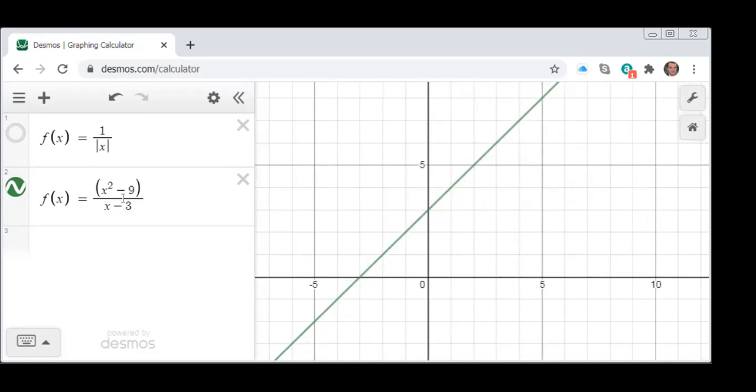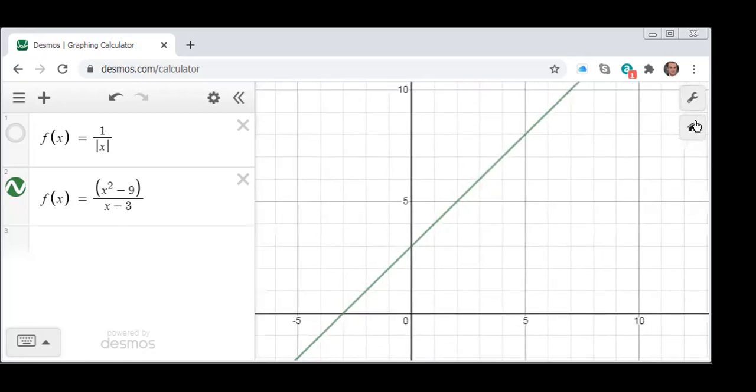So (x squared minus 9) divided by (x minus 3) looks like a straight line. Why is that? That's because x squared minus 9 factors as (x minus 3) times (x plus 3), and you can think of the x minus 3's canceling as long as x is not equal to 3. However, when x is equal to 3,